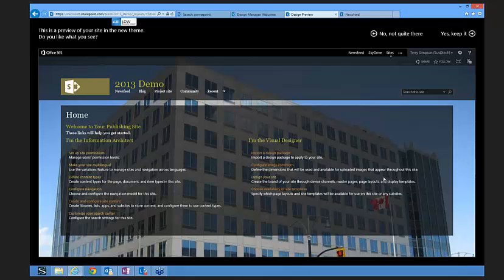But this is kind of a preview of what my site is now going to look like with that theme in the background. So there's some fun things that you can do as far as design within the 2013 environment that you see right here. The other thing that I want to show off a little bit is